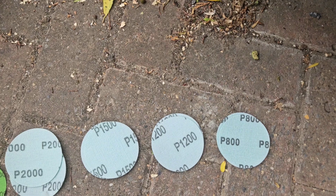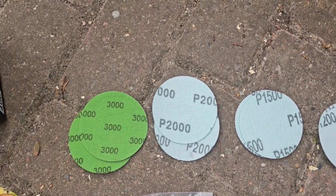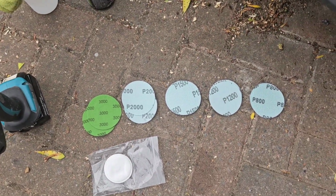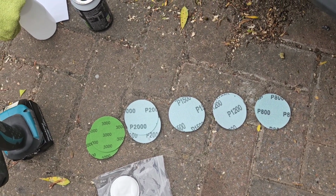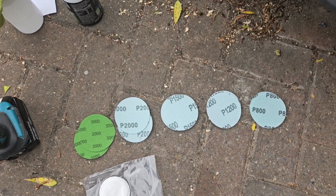These are the different discs you get: 800, 1200, 1500, 2000 and 3000. There is a QR code on the box for an instructional video, but it's in Spanish. There are subtitles, but there are English written instructions in the box as well. We've cleaned the